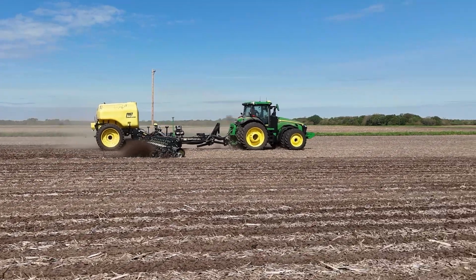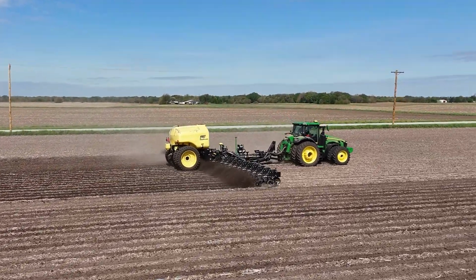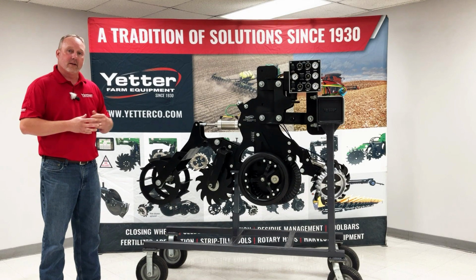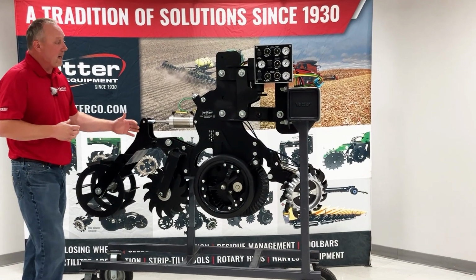In this case, the CC stands for cab control, so this particular model is going to allow you, from the cab, to adjust almost everything on the entire unit. So we're going to talk about some of the features and also some of the adjustments for operating the Strip Freshener CCs. So first of all, to go through the unit front to back,